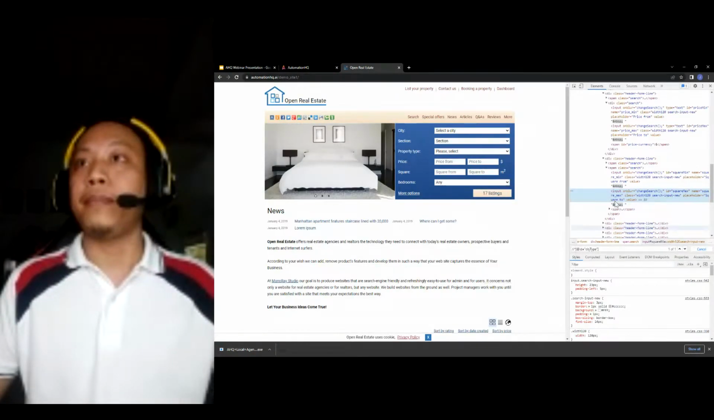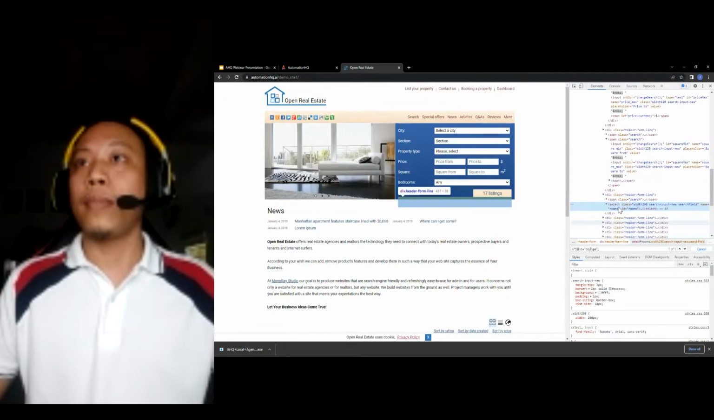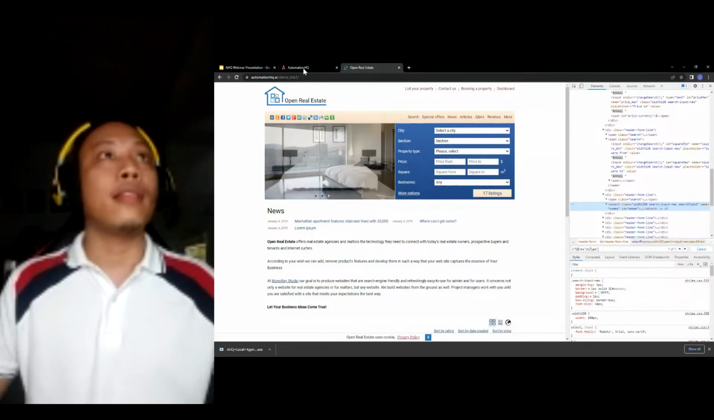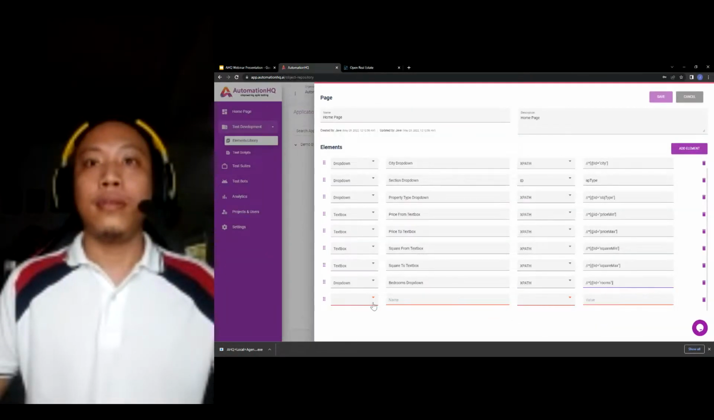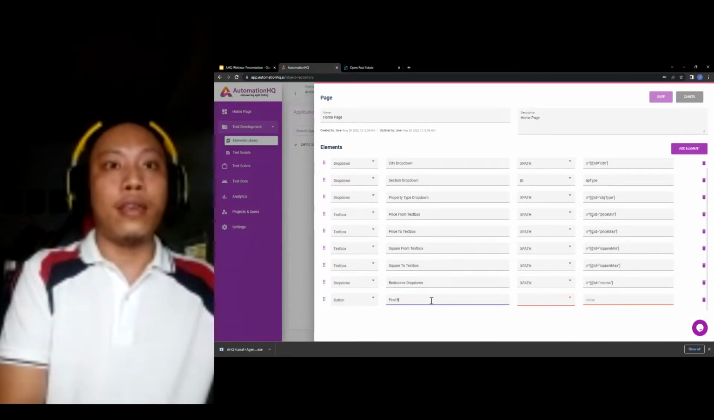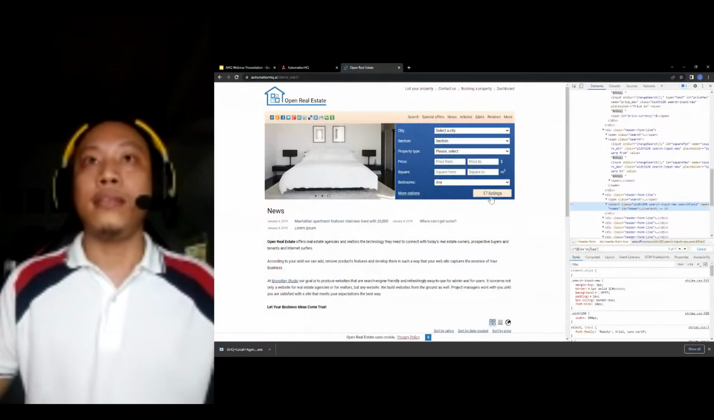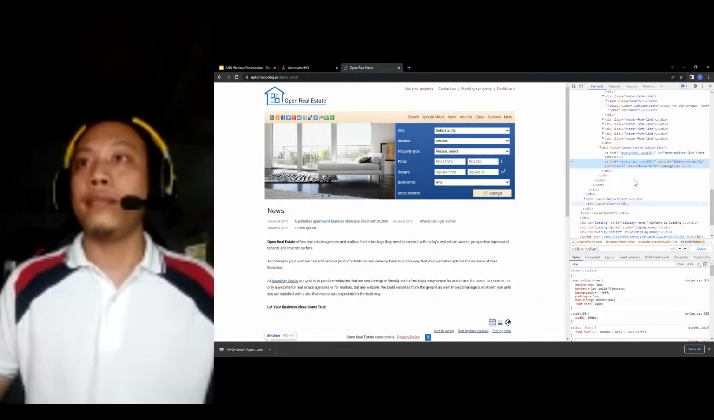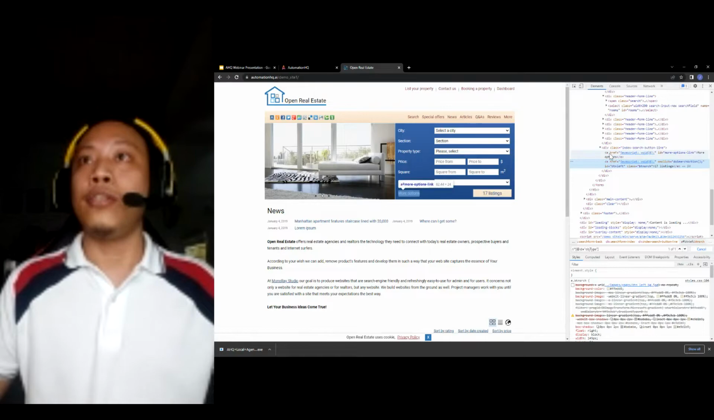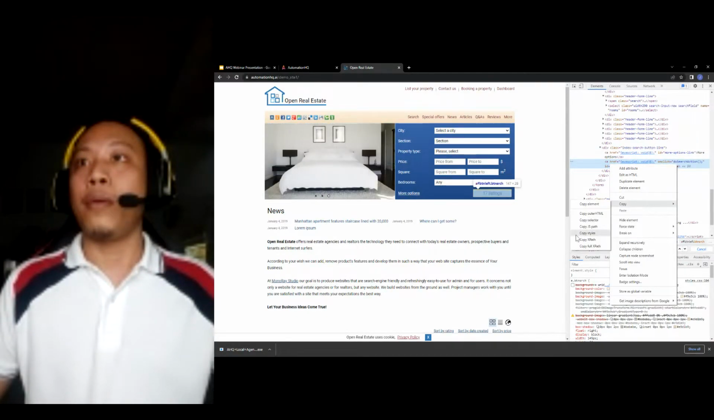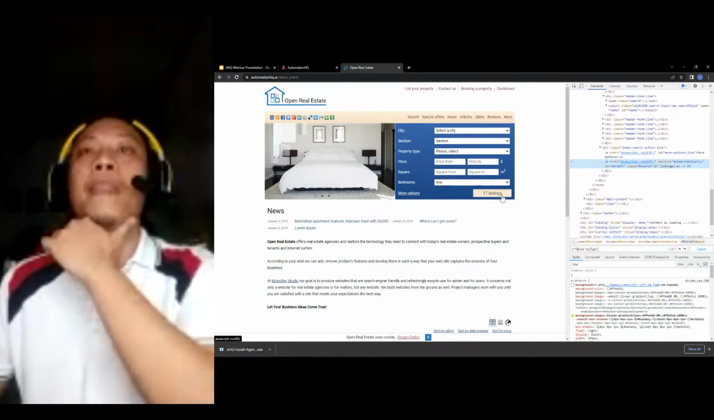Inspect, copy the XPath. And the last one is a button. So let's just say find button. We're gonna use the XPath again since it's faster. So it should be this one. So copy XPath. So as you can see here, it should be